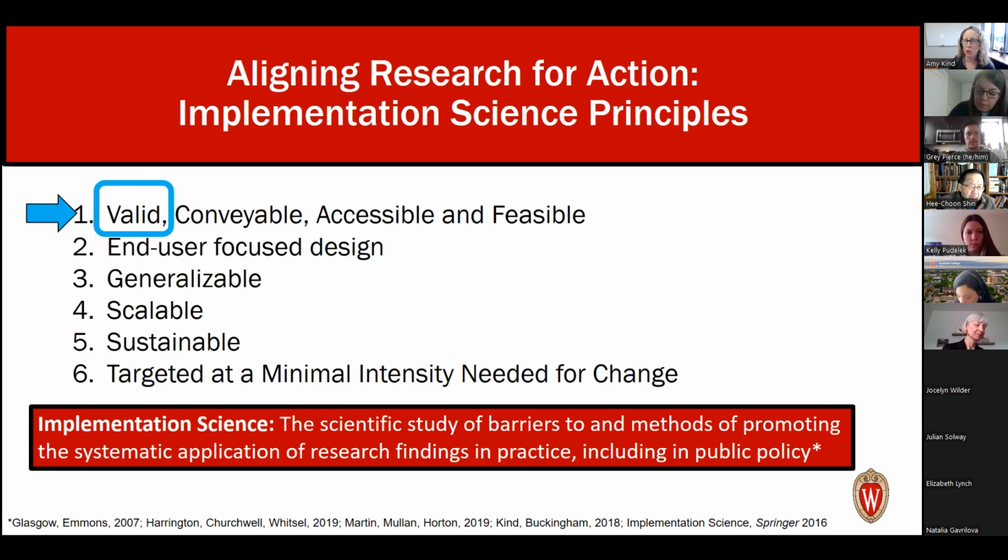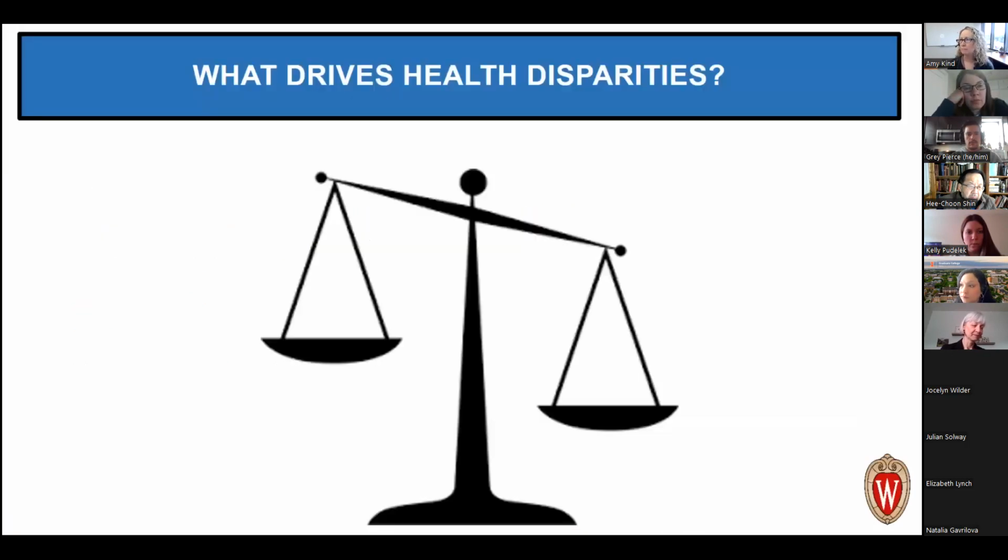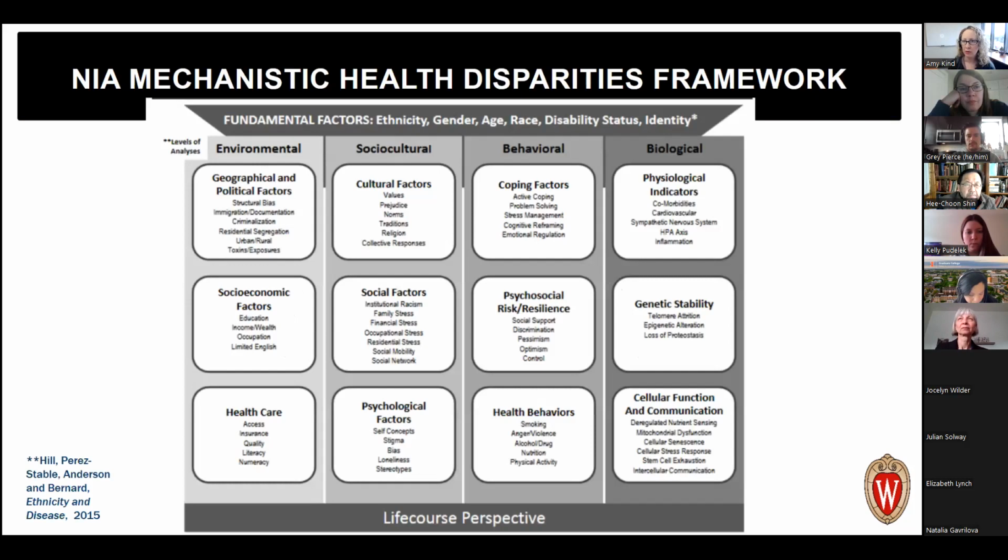This is the core construct of what we do, this issue of internal validity. And in the field of health disparities, we are very interested in this. We are interested in what exactly drives health disparities. So moving beyond a description of the differences between 2 groups or 3 groups, and instead understanding why those differences occur. As I showed you, the NIH is very interested in this as well, and they've adopted a number of mechanistic health disparities frameworks. I'm seeing Megan nod. I'm sure she used this in her grant application.